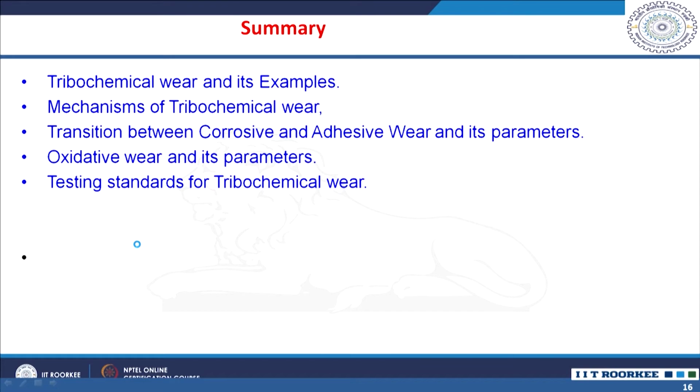In the coming case study classes, we will see several examples of materials subjected to such tribochemical wear conditions, and then we will understand the mechanisms involved in the material removal under those conditions. So, for a given class of materials, if the conditions of the wear are different, you will have a transition from abrasive or adhesive wear to tribochemical wear. We will also see whether this tribochemical wear is beneficial in reducing friction and wear, or whether it is detrimental for wear and friction, in coming classes.